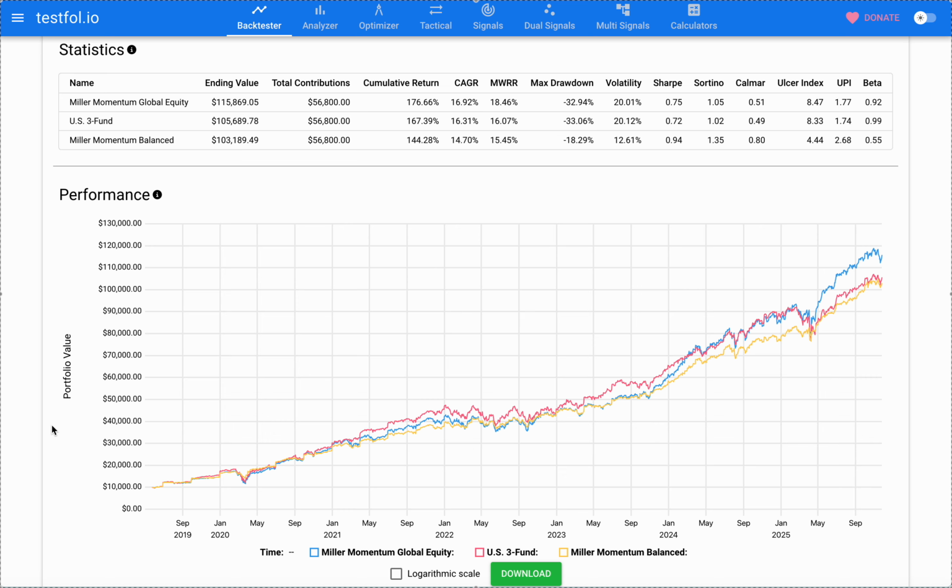Whereas the Miller Momentum Global Strategy is going to keep a high return consistently over time because it'll chase momentum wherever it goes. And it didn't lose out during the decade of US outperformance. It kept competitive. So there's not really a trade-off in terms of significant underperformance during periods of US overperformance.